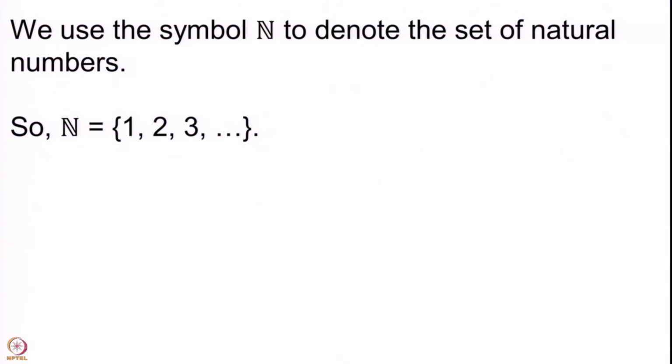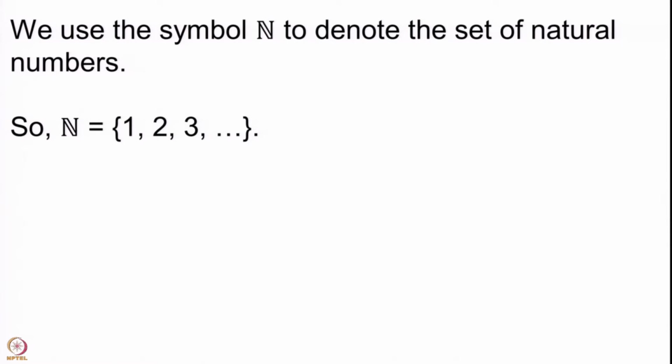Now, mathematics is all about sets, and what we have said here can also be written in a mathematical way in the following way: N is this set consisting of numbers 1, 2, 3, dot dot dot. These dots that we have here represent that the numbers go all the way up to infinity. So, we are counting all the natural numbers in this set. This is what it means.